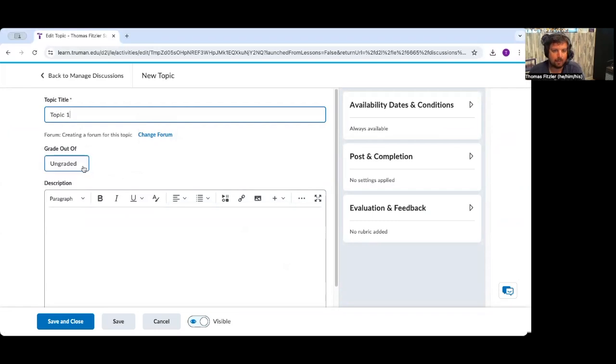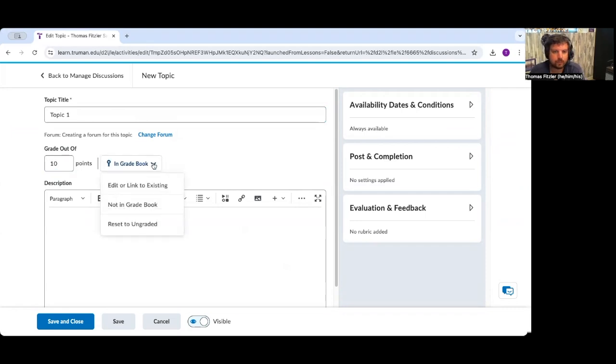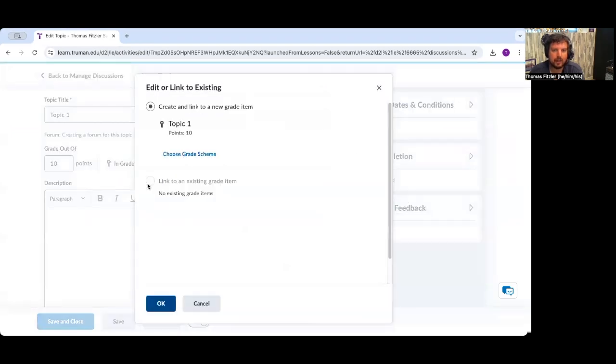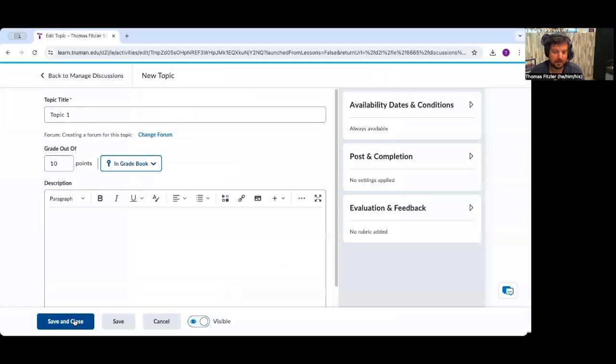All right. Now, topic 1 we can see right now is ungraded. Let's go ahead and just take care of that while we're here. So we'll make this one worth, say again, 10 points. That's fine. We are going to edit or link to existing. In this case, because there is no topic 1 already in the gradebook, let's go ahead and create and link to a new grade item. It's going to give it the same name as the topic itself. So if I click OK and then save and close, of course,